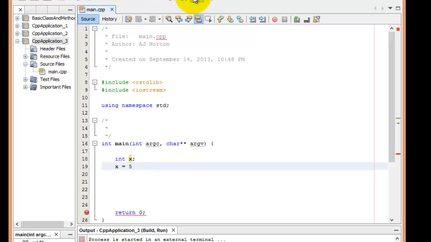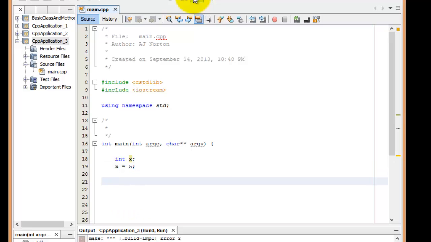I guess I'll just try running it and see if it prints out. Oh, it failed. You know why? It's because I forgot another semicolon. My bad. But seriously, guys, don't forget semicolons. Okay, so now that we've got an int x and we've assigned it a value of 5, can we make another? One second, Quinn. You're getting a little bit too ahead. I need to explain what an integer is first.